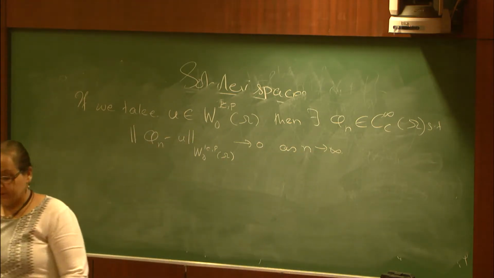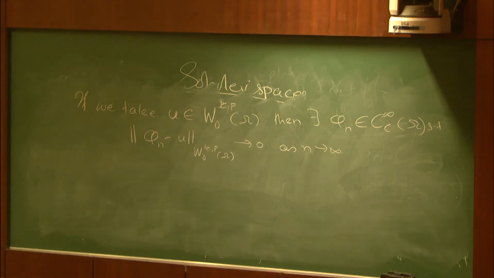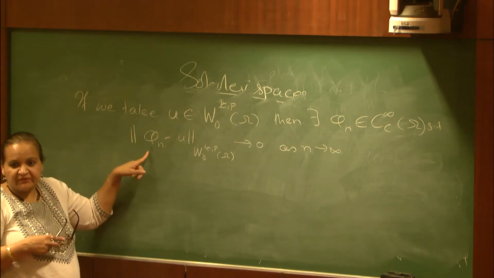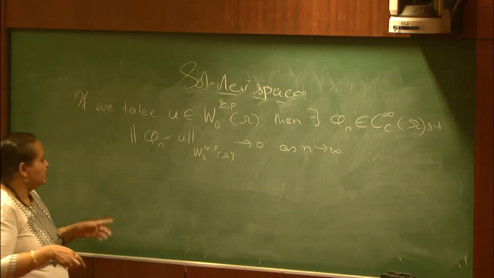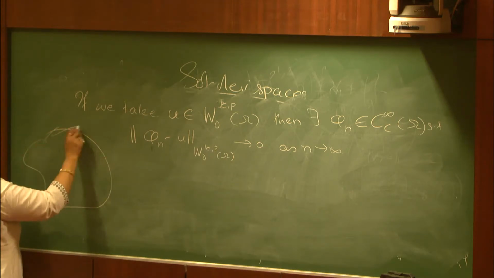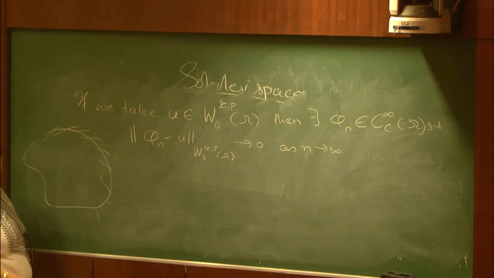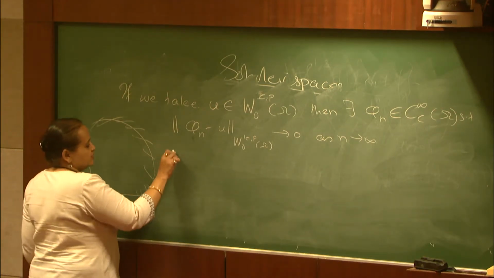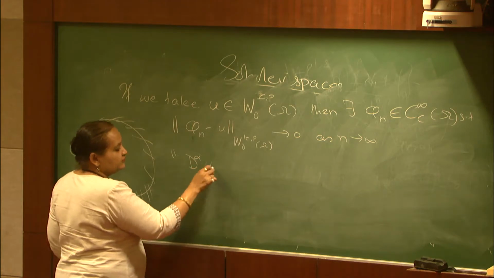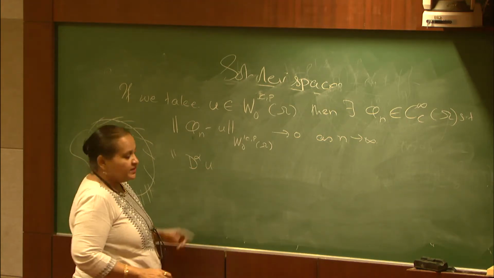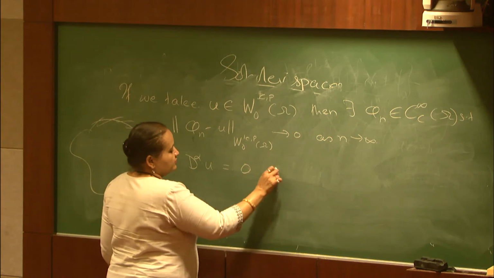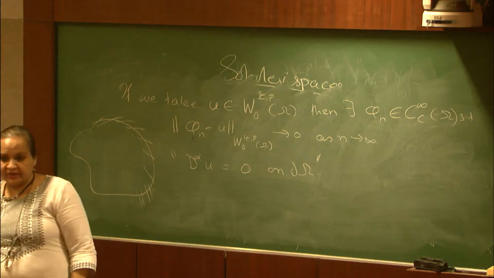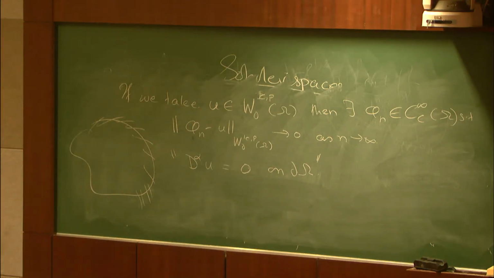As n tends to infinity, and of course these are infinitely differentiable functions, they are not going to be nonzero over here. They are zero, their derivative is also zero. So what we can expect is that D alpha of u should be 0 on the boundary of omega. That is what one expects,